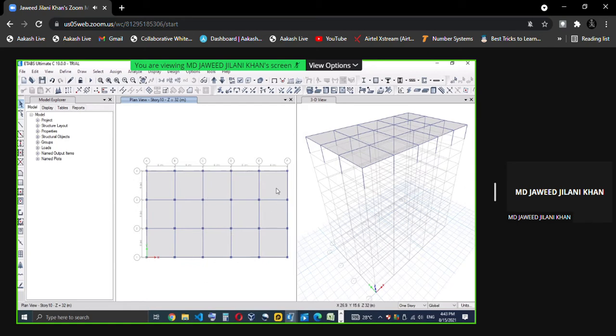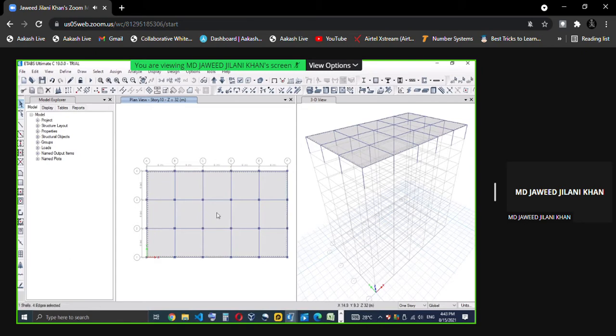If a particular panel has a different load, then to give that particular load differently, you can draw that panel separately. If the thickness of the slab is the same and the loading is the same all around, then you can give this as one complete panel. Right now, what we have done is model the column, beam and slab.